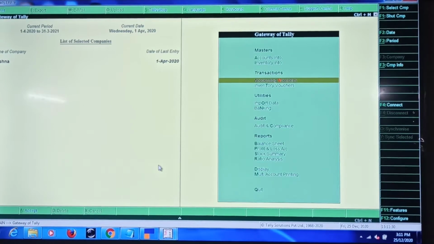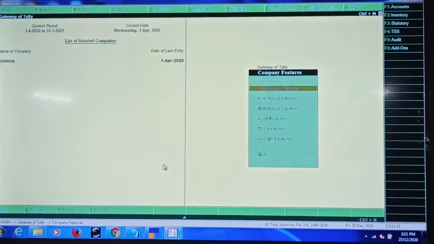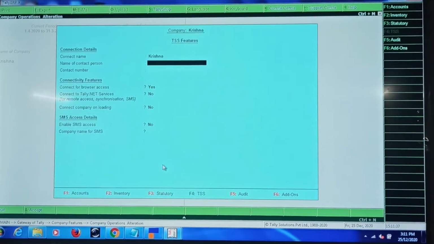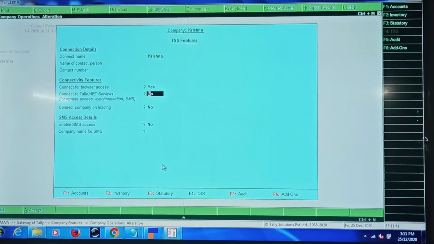Now I'll go to Gateway of Tally, F11, F4. I'll enable the option connect to Tally.net services for remote access, synchronization and SMS access as yes.